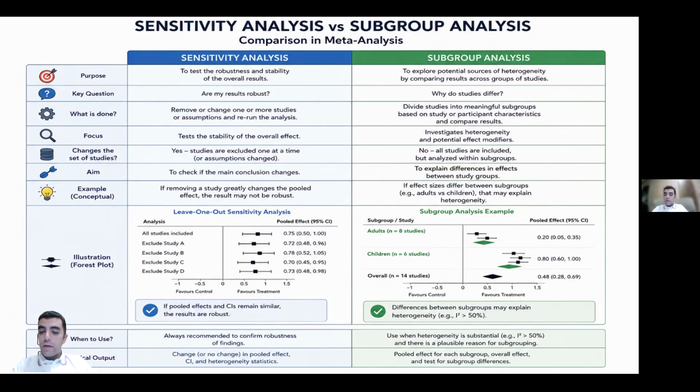On the other hand, if effect sizes differ between subgroups, such as adults versus children, then they may explain heterogeneity. Illustration: forest plot, leave-one-out sensitivity analysis. If the pooled effect and chi-square remain similar, the results are robust. On the other hand, as we can see in an example like this, differences between subgroups may explain heterogeneity